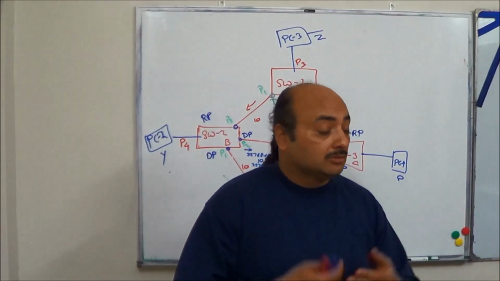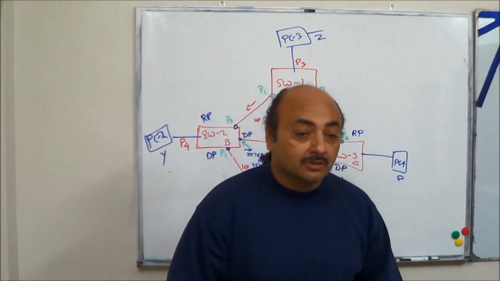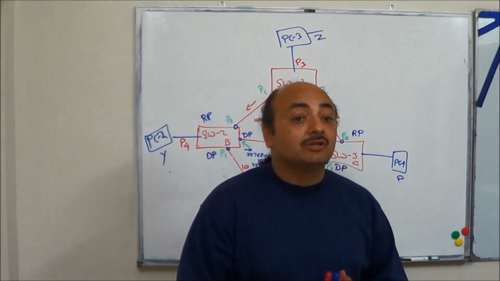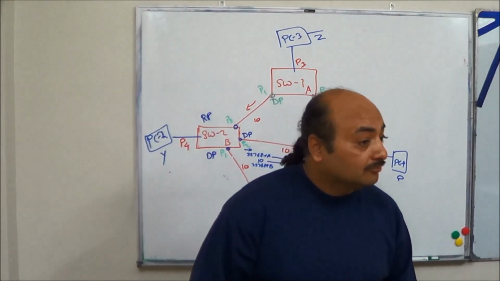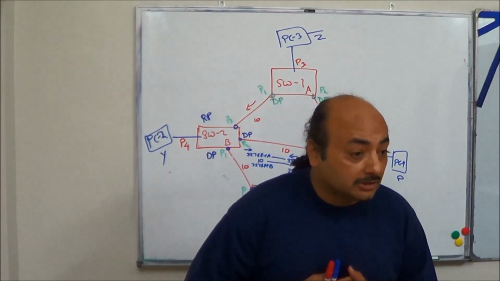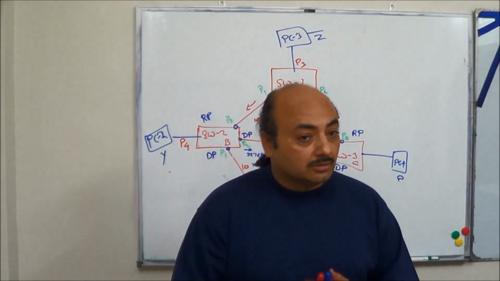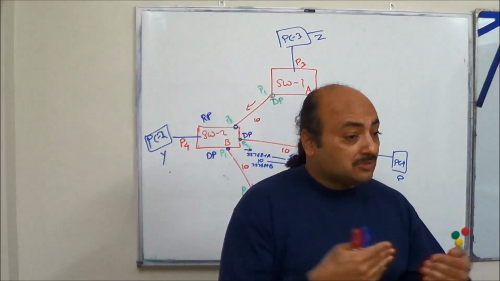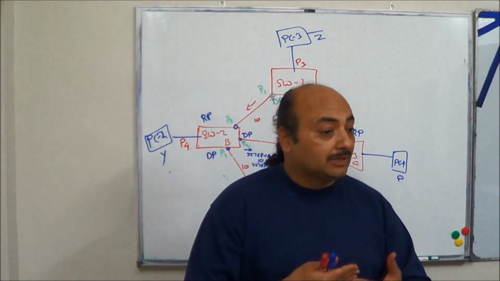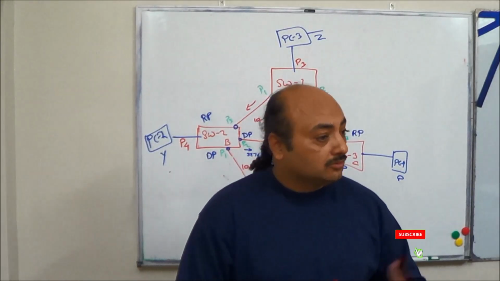Similarly, for electing the DP or NDP for a segment, what did we check? Which one has the best root bridge ID. If they are the same, well and good. If not, we move to RPC. Whichever has the best RPC will become the designated port, and the one that is not the best will become the NDP. If RPC is the same, we fall back to sender bridge ID. The better one becomes the DP, and the inferior becomes the NDP.